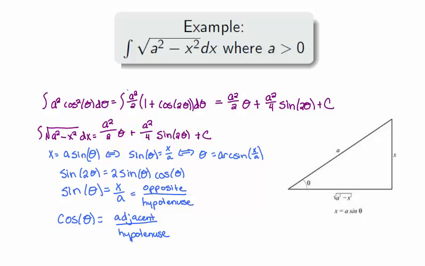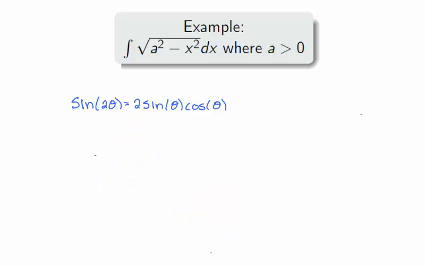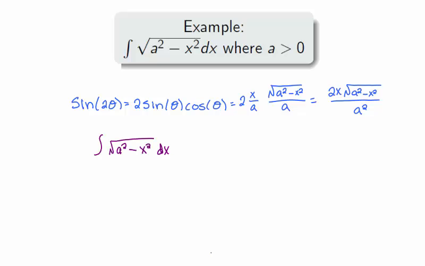Now note that cosine of theta equals adjacent over hypotenuse, which equals the square root of a squared minus x squared divided by a. Therefore, sine of 2 theta, which equals 2 sine of theta cosine of theta, equals 2 times x over a times the square root of a squared minus x squared divided by a, which equals 2x times the square root of a squared minus x squared divided by a squared,